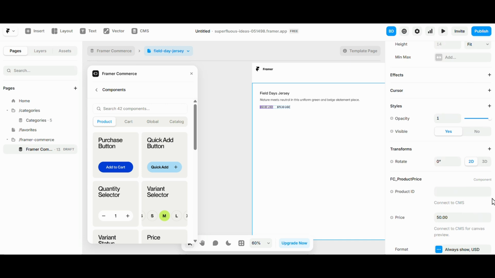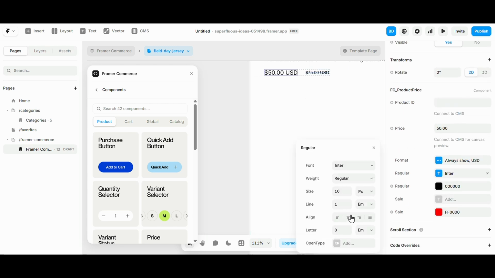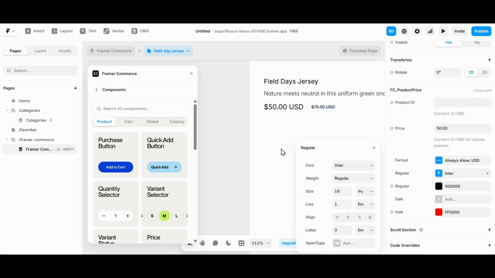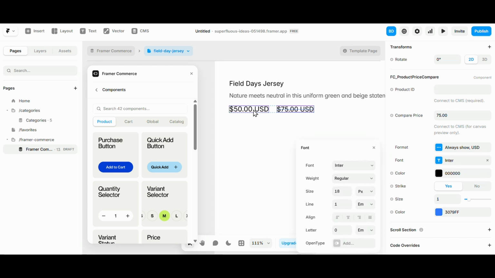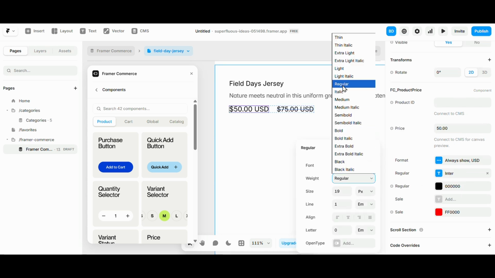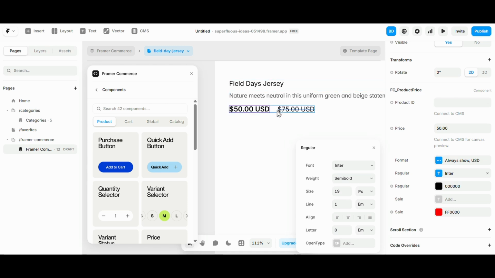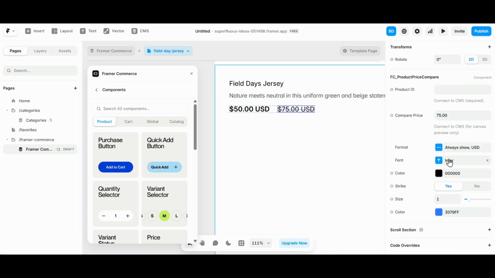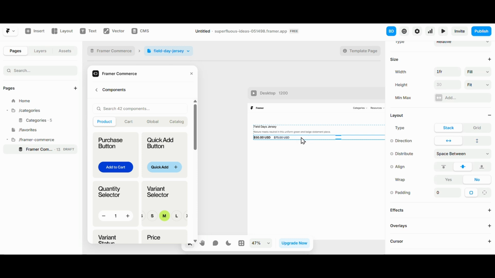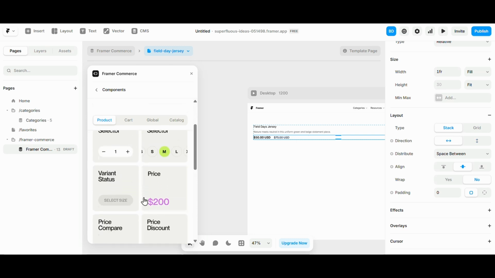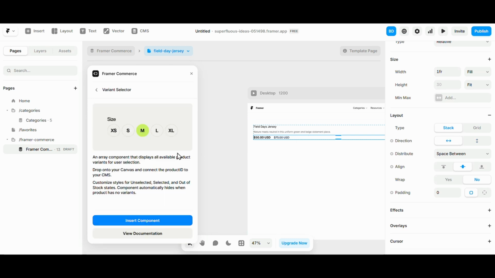Let's make the price a little bigger because it's an important thing here. Also this, let's make it good so it shows how important it is. And we have our top. What else do we need? We need variants, right? I'm gonna add variants,